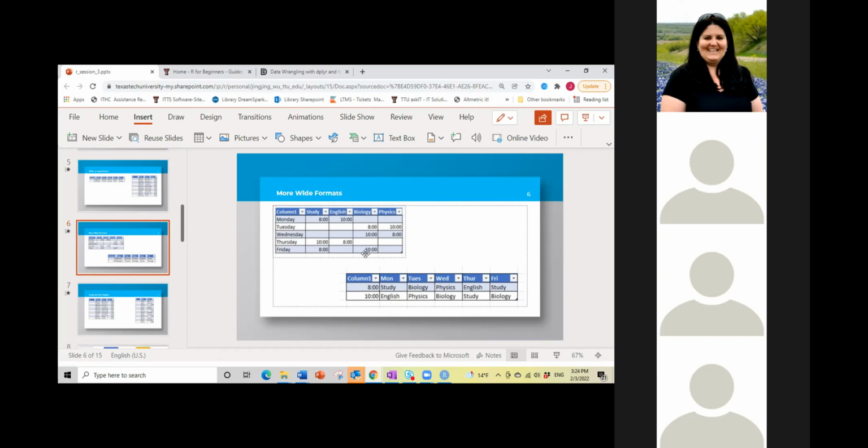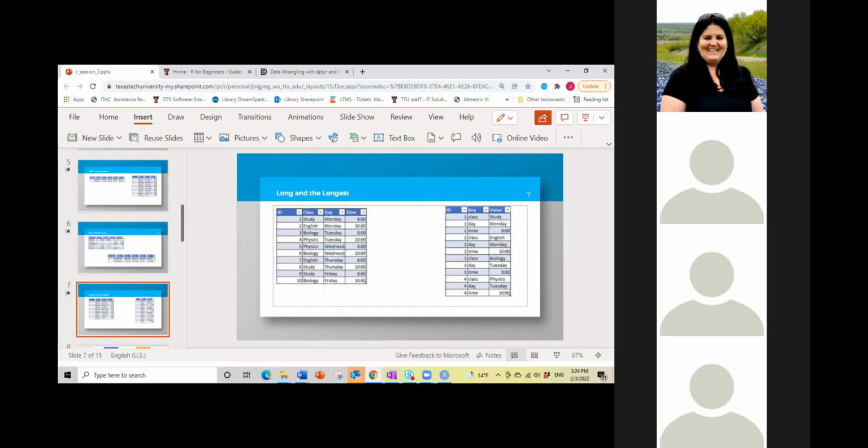So this is also kind of the wide format. Each data set may have multiple wide formats to serve different purposes or answer different questions. But the long format, or the tidy format, is always the same. And in the coursework, it also talks about the longest format,